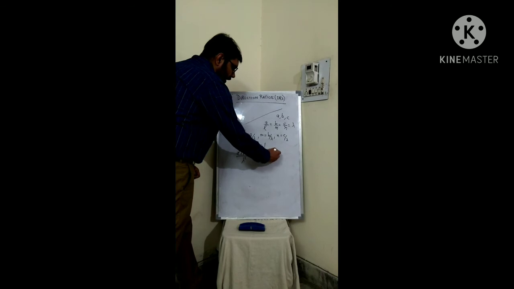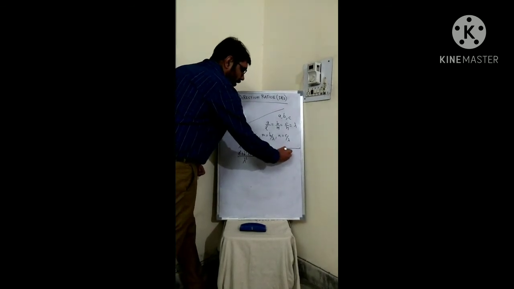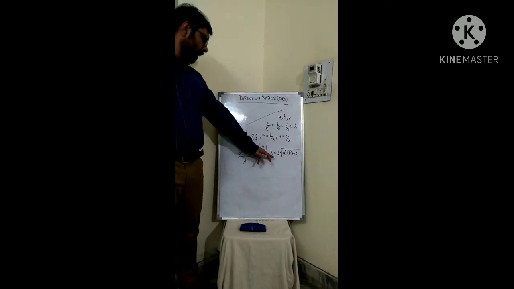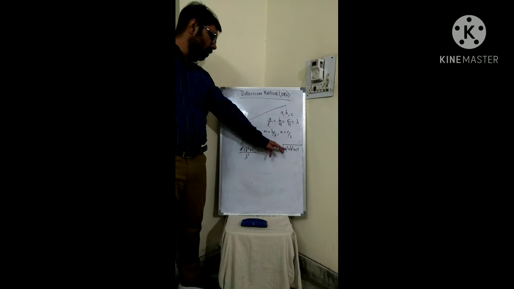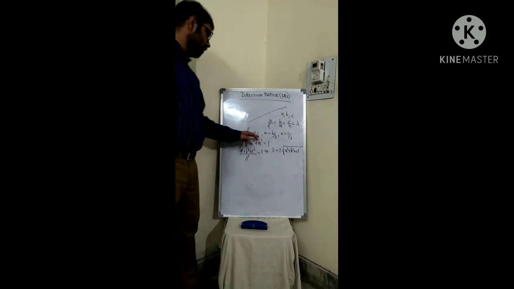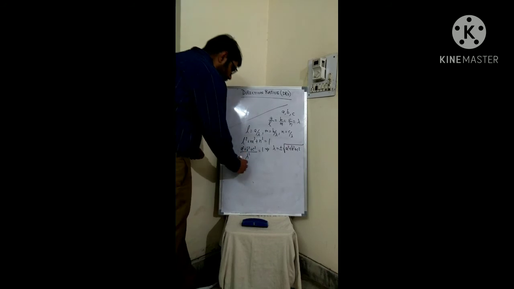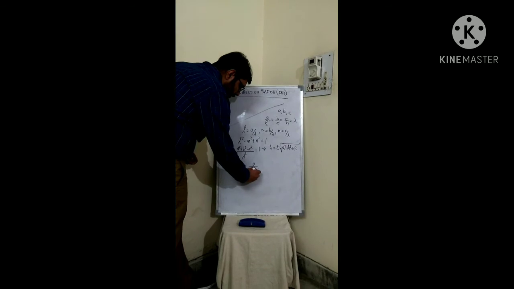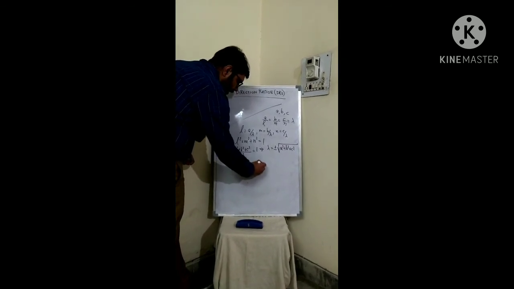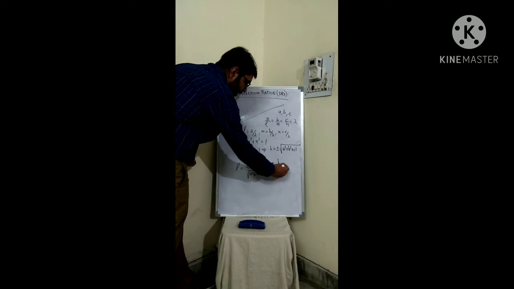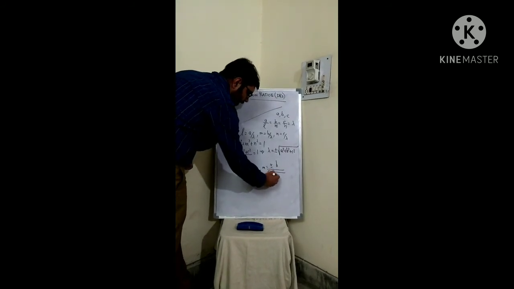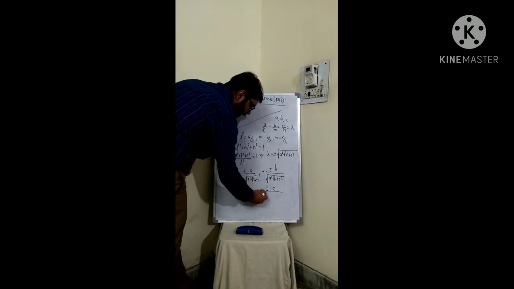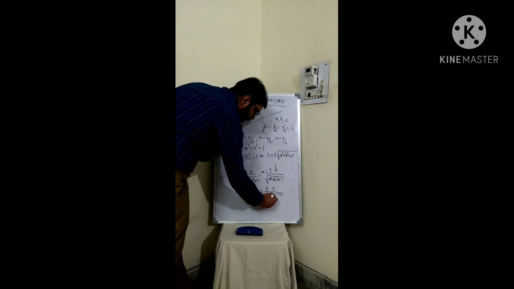On cross multiplying we get the value of lambda as plus minus square root of A square plus B square plus C square. If we substitute this value of lambda in these three relations, I can express L as plus minus A by root of A square plus B square plus C square. Similarly, M as plus minus B upon under root of A square plus B square plus C square, and N as plus minus C upon root of A square plus B square plus C square.